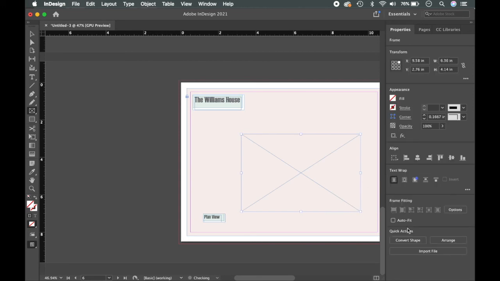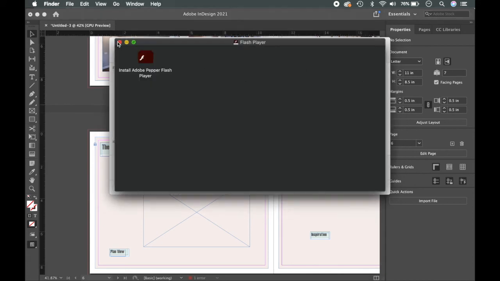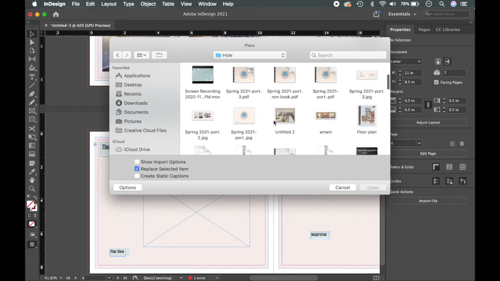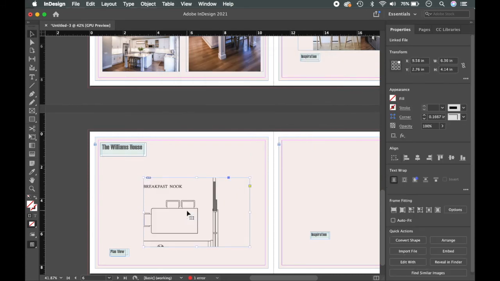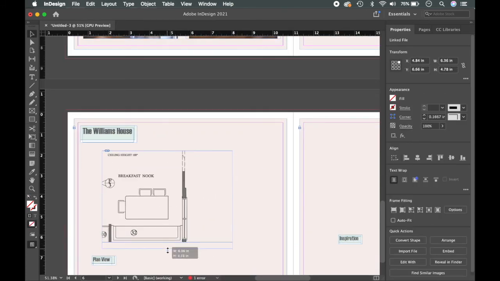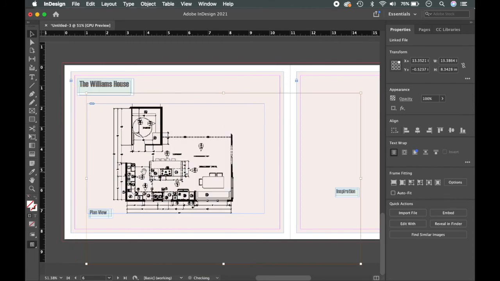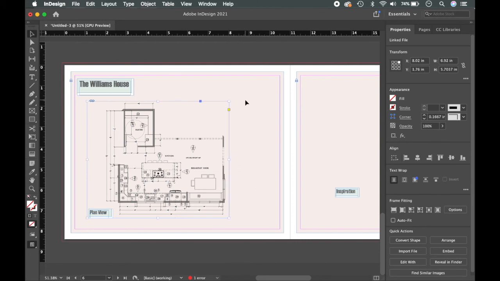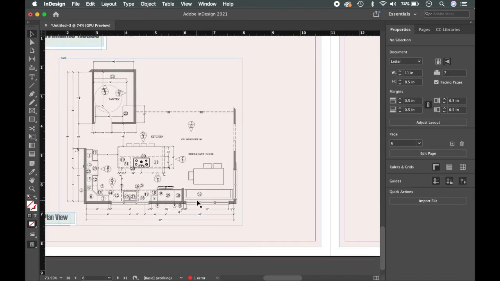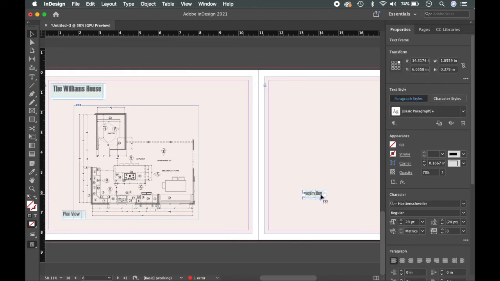And let's add, cool. Now I could add a layer under this, like a white or something, but I kind of like the way it looks. So the plan view, and then for this one,